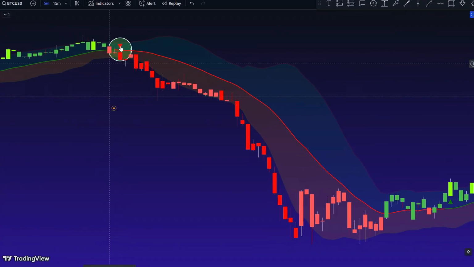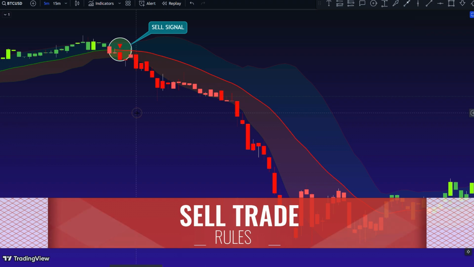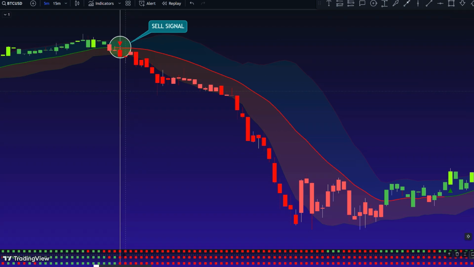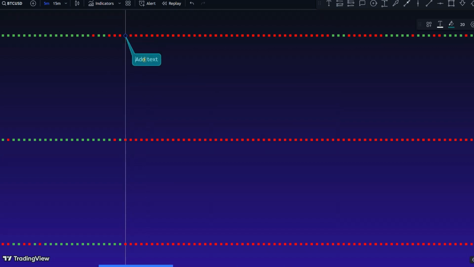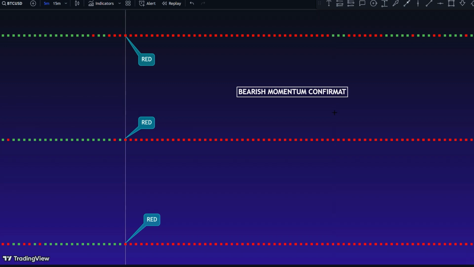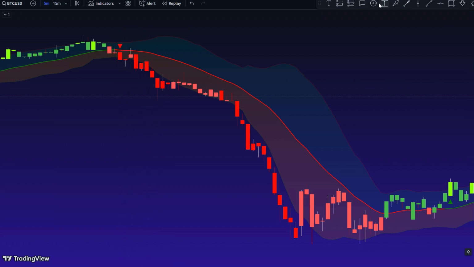Alright, now let's talk about entering a short position. Here's what you need to look at. First, keep an eye out for a triangle printed above a candlestick by the Bollinger Band filter indicator. That's your signal for a sell trade. Next, at the same time the Bollinger Band gives us that sell signal, the EMA trend meter oscillator should have all its components showing red. This confirms the bearish momentum we're looking for in the market. Now, on this candle, you can see that all our entry conditions are met, so it's time to pounce on